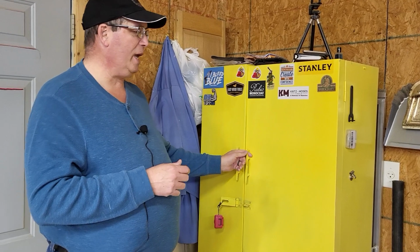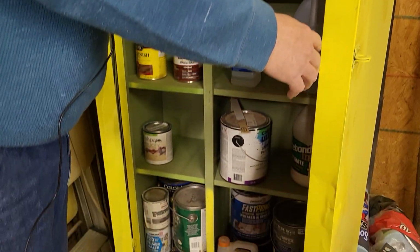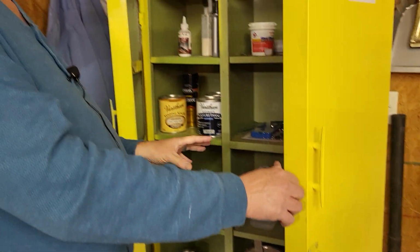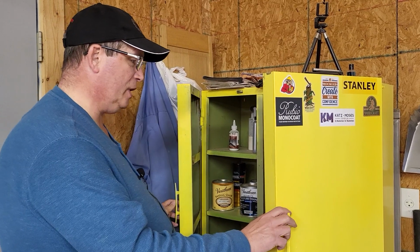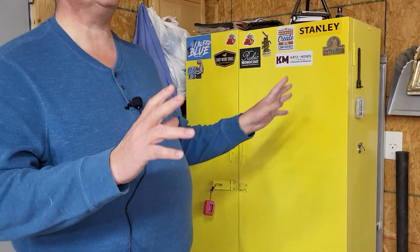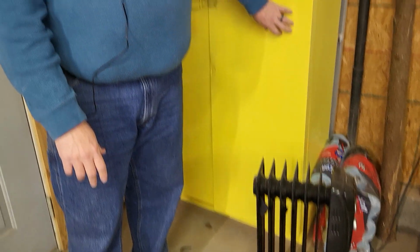But what the cabinet does, the metal cabinet we found and we're able to refinish, is it holds our glues, our finishes, different things like that that shouldn't freeze. Or they're flammable, and if they're flammable, wood is no good. You want a metal cabinet. But so that's what we keep in there. And to keep them from freezing, even though it's an insulated shop, it could get cold. We have a nice oil-filled radiator here to keep this end of the shop and that cabinet